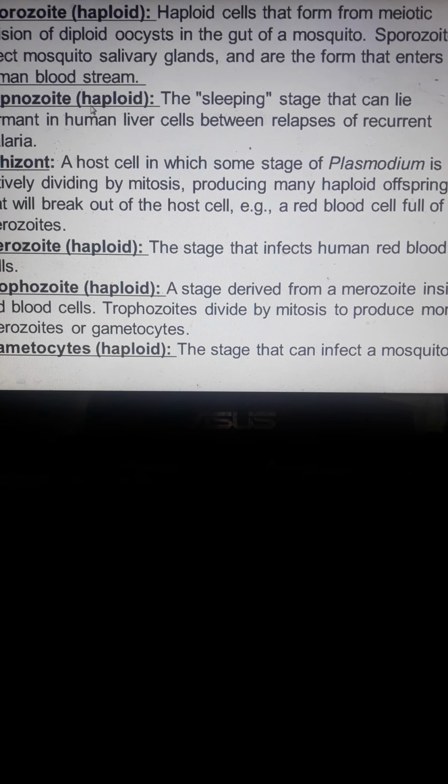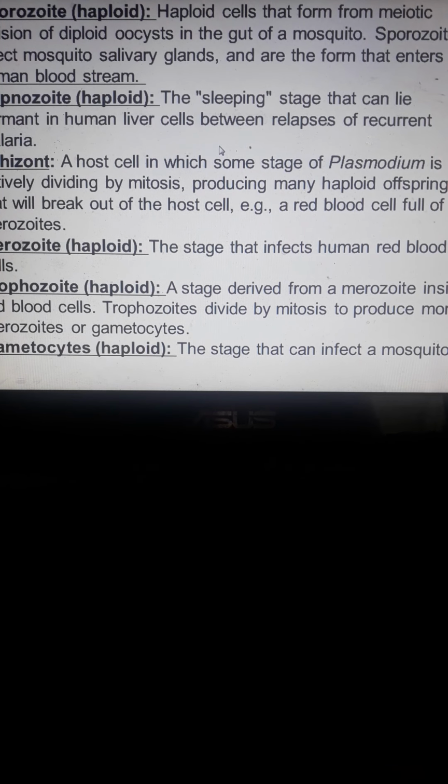Okay? And the hypnozoites, haploid, are a sleeping stage that can lie dormant in the human liver cells between relapses and recurrent malaria. So there are relapses, meaning they are inactive. Okay? So there are relapses there, meaning they are inactive. And we have the schizont. Usually this schizont is already in the erythrocytic stage. Okay? A host cell in which some stage of Plasmodium is